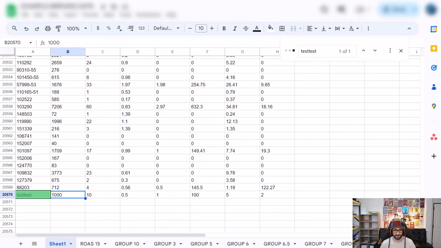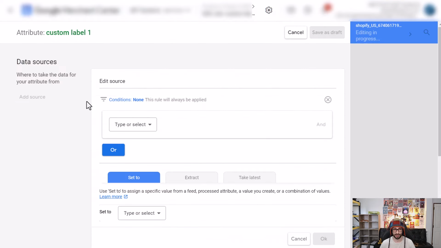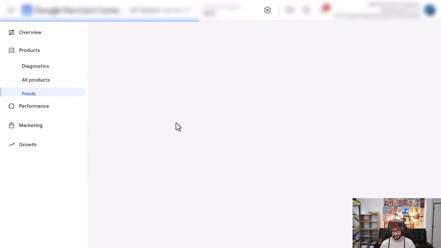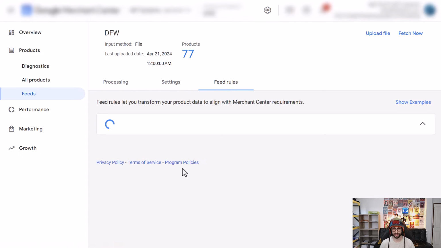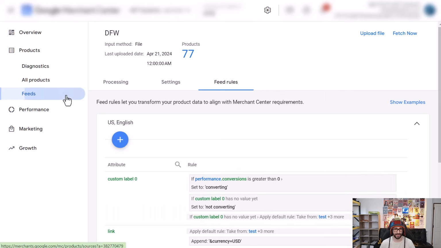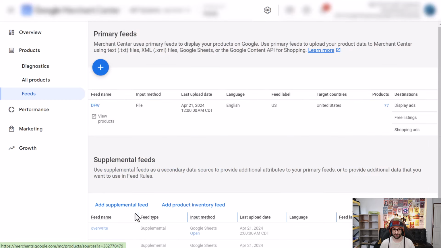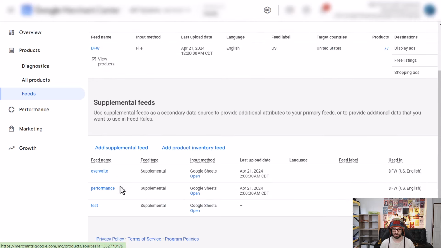And then because this is the first sheet, because you need to make sure you don't change the order, first sheet, then when you add it into Google Merchant Center, it will then use that sheet, so the total product information, as a supplement feed,